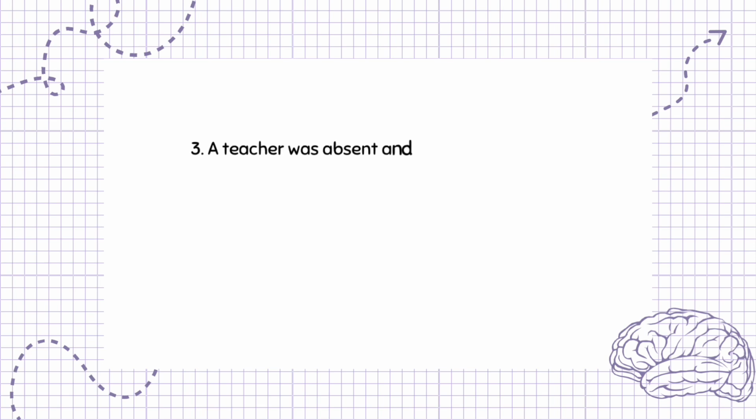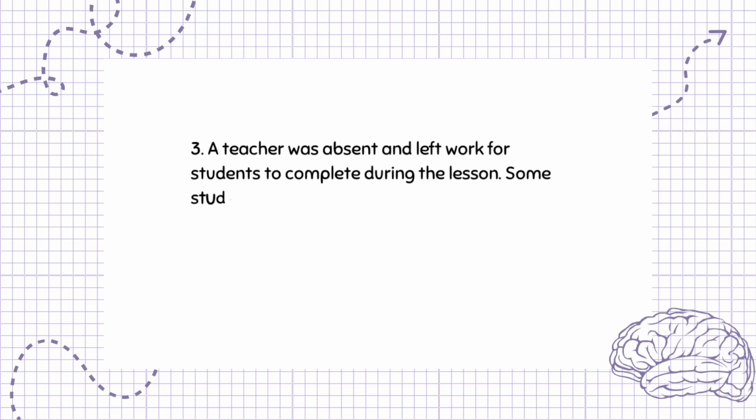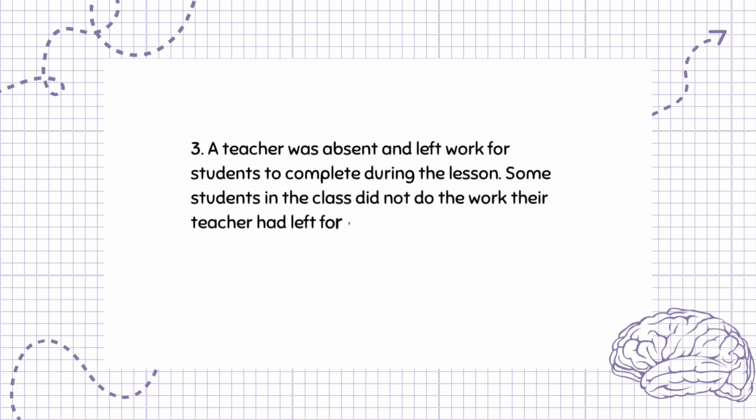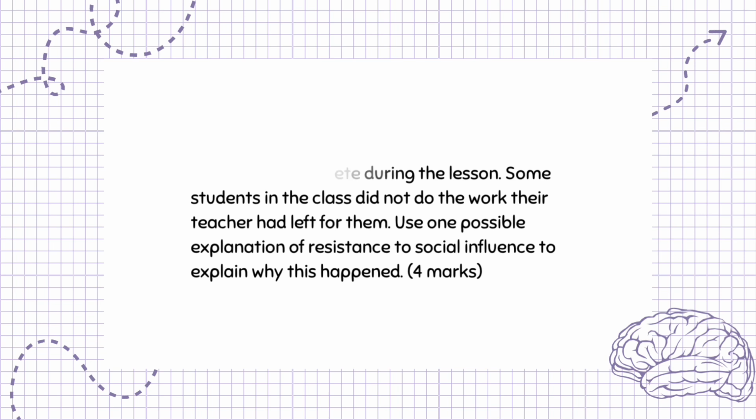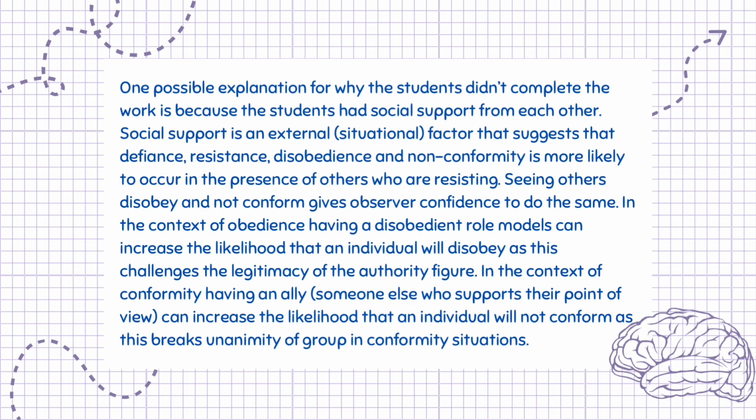Question 3. A teacher was absent and left work for students to complete during the lesson. Some students in the class did not do the work their teacher had left for them. Use one possible explanation of resistance to social influence to explain why this happened. 4 marks. One possible explanation for why the students didn't complete the work is because the students had social support